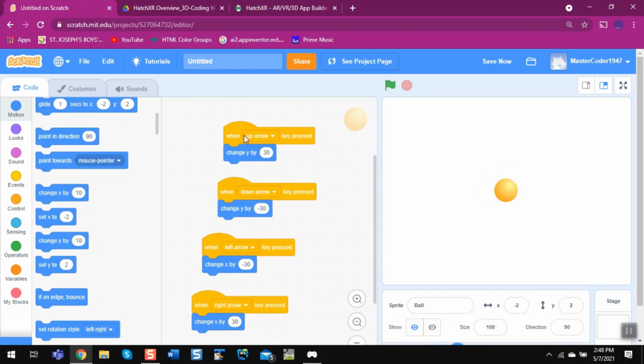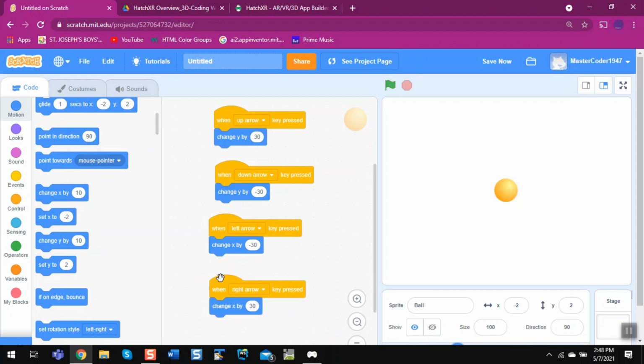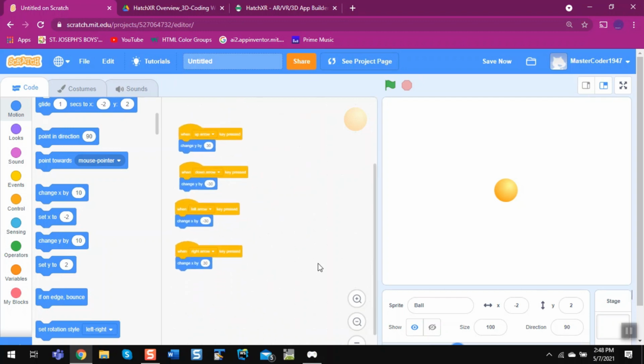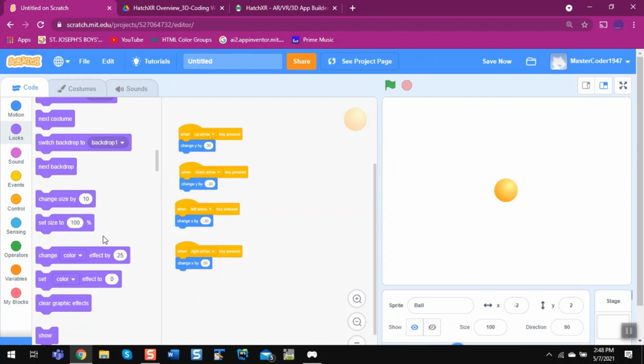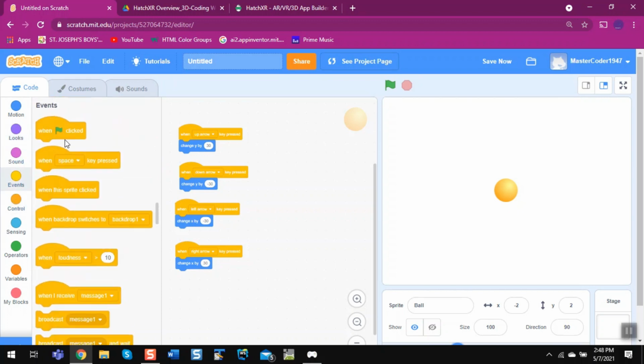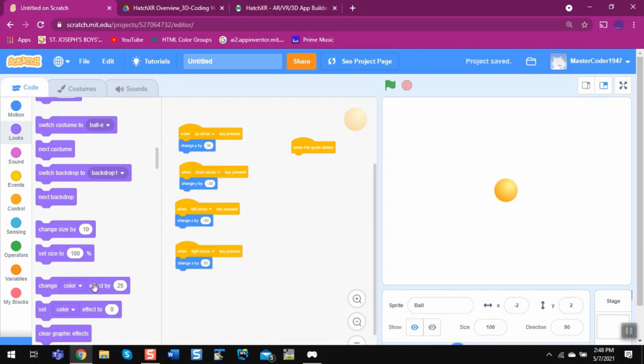Now we need to see how to change the color of this ball when we click on it. So to do that, we need to scroll down here, and then when sprite events, when sprite clicked, looks, change color effect by 50.